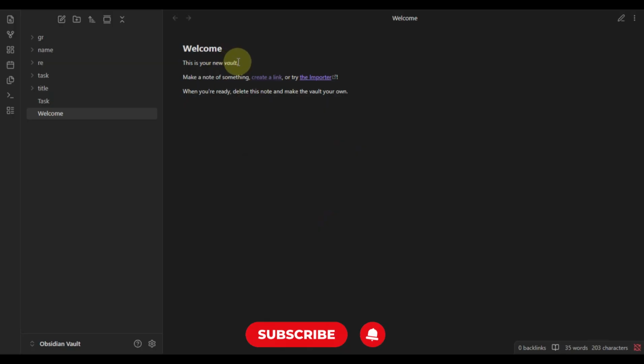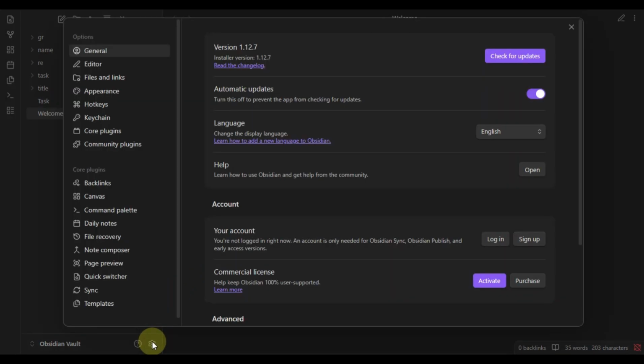Make sure you're in the vault where you want the plugin to live, since community plugins are enabled on a per-vault basis. If you use multiple vaults, you'll need to repeat this process for each one where you want the plugin available. Once Obsidian is open, look toward the bottom left corner of the application window and click the Settings